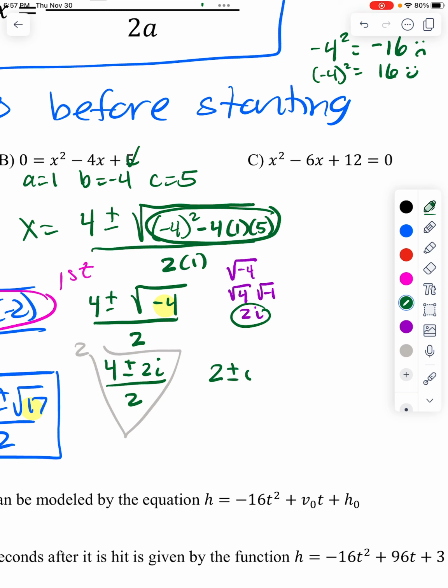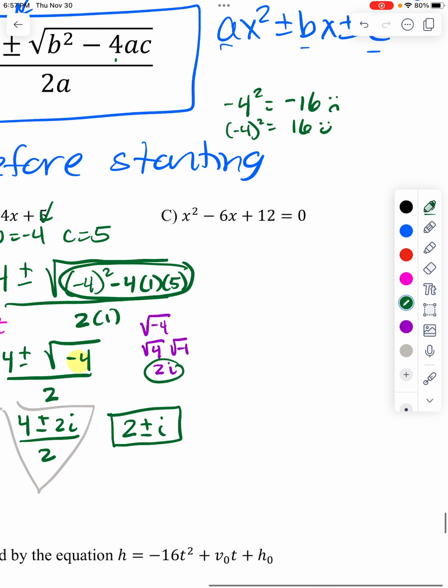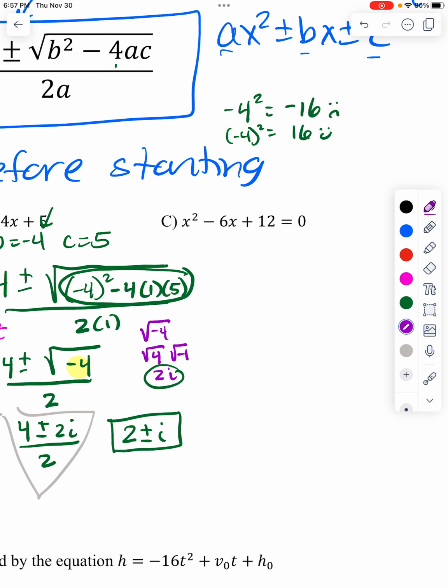2i divided by 2 is just i, and then on the bottom, that 2 divided by 2 turns into a 1, so I don't need to write it. Here I have, it's already equal to 0, so a is the 1 in front of x squared, b is the negative 6 in front of x, and c is the 12. So again, I'm going to take the opposite of b, but the opposite of a negative 6 is positive 6,